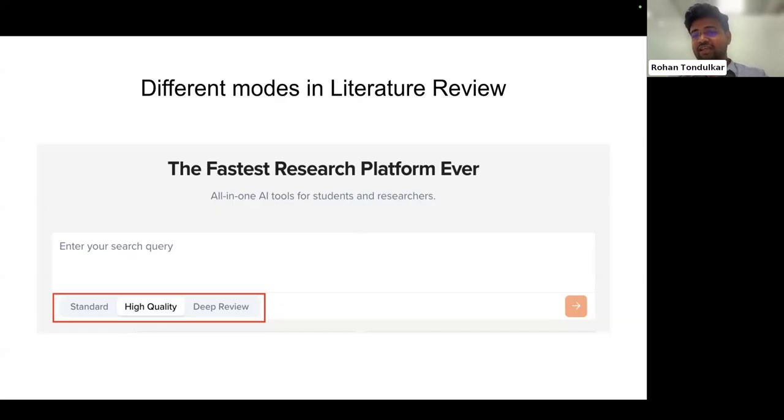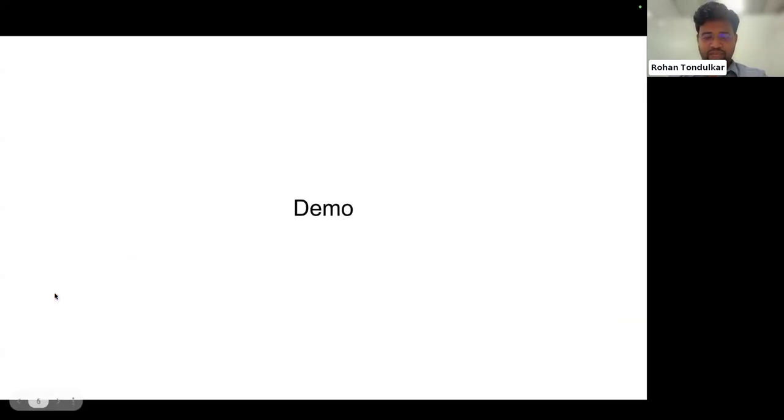And then we combine all of that, and the number of papers you get is very high. Sometimes you can get 100 or 200 relevant papers for a topic, depending on how niche you go, and that gives you a very thorough review of your domain. So that's deep review, right? I hope that's pretty clear. Okay, so we'll